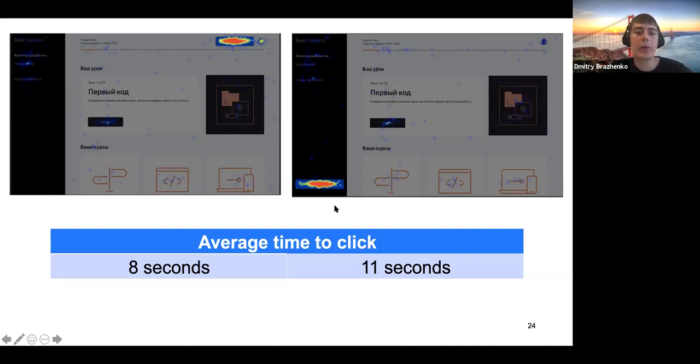A few words about how you can implement this with the Yandex.Toloka tool. There are a few ways. The first way, you can add some JavaScript code and, for example, track the timestamp when the page loaded. Then you can track the click timestamp, and then you can calculate the difference and save this difference. It's the first way how you can implement this. The second way, you can